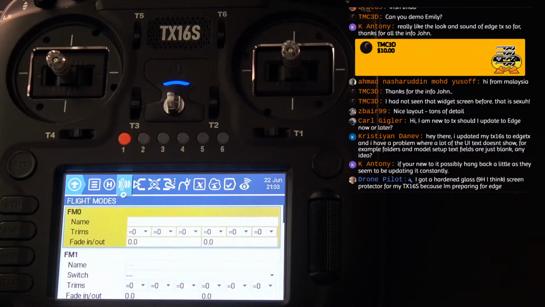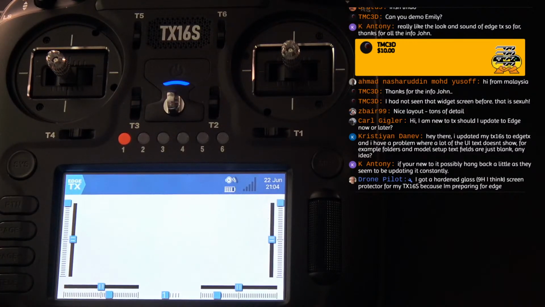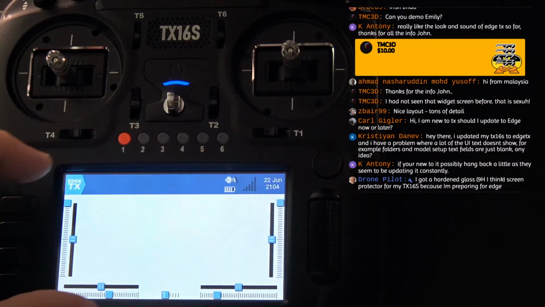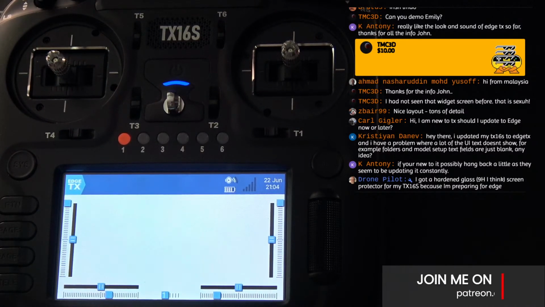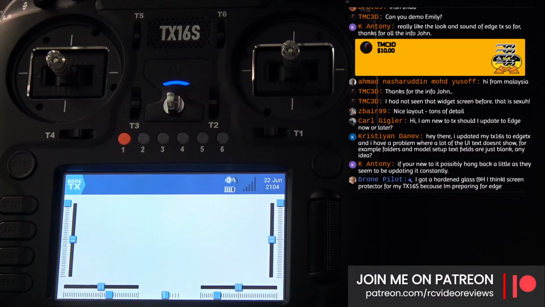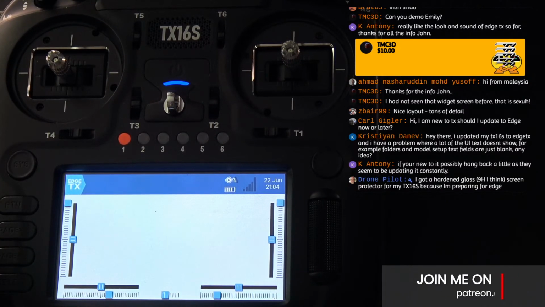EdgeTx is very intriguing. The touchscreen access is the reason I want a TX16S. The bling is why I went with the Max Edition. Yeah, man. If you get a Max Edition TX16S and you put this firmware on there, and then you load that Fly Me to the Moon widget up there, people in your field are going to go, what is that? It's a whole lot of power for not a whole lot of money. That's all I can say.